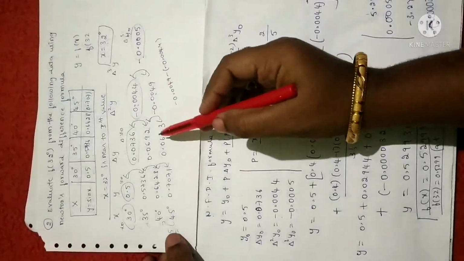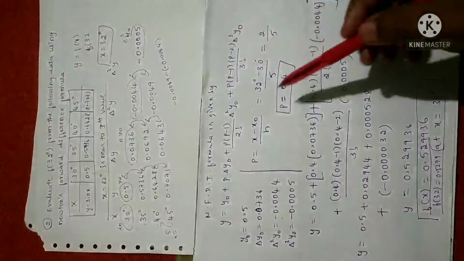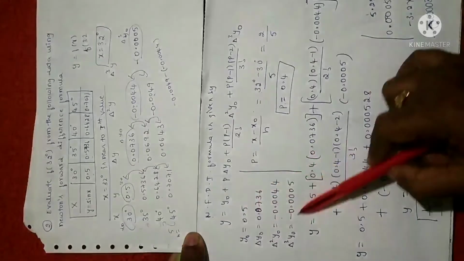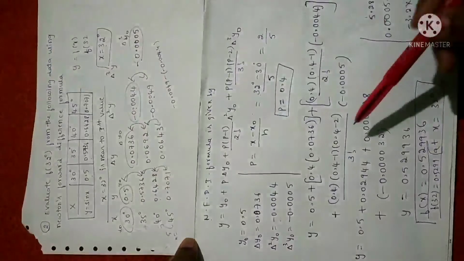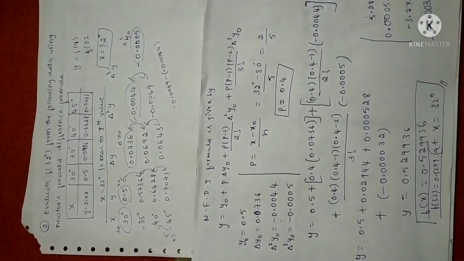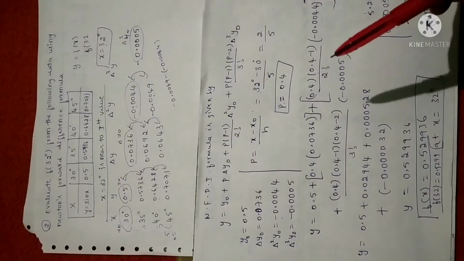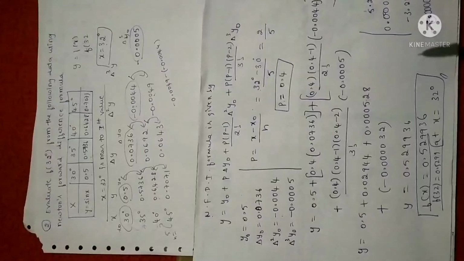First step, as usual, we have to construct the forward difference table. Write down the formula, calculate the value of p, list whatever values you have, as I already told you. Afterwards you have to substitute and simplify. Only thing is you need to know these conversions. Then only you can do this. You cannot keep it in terms of powers.